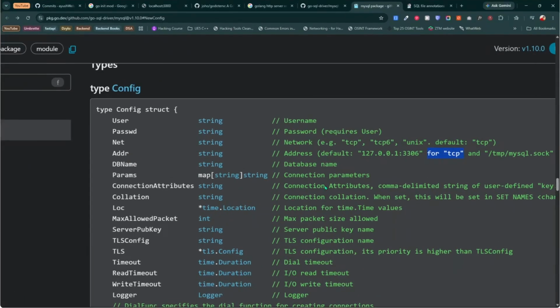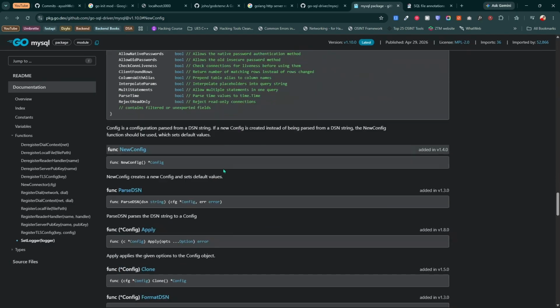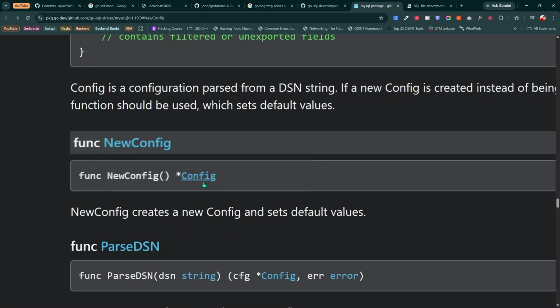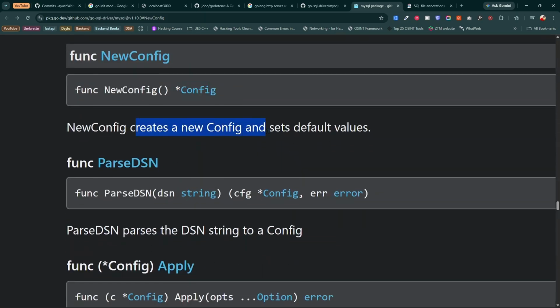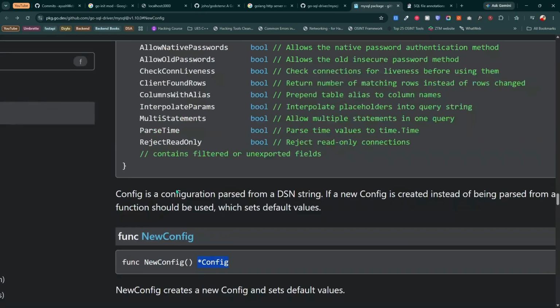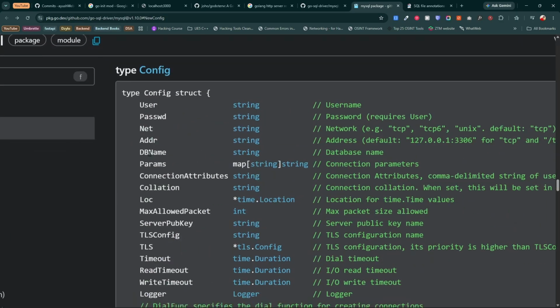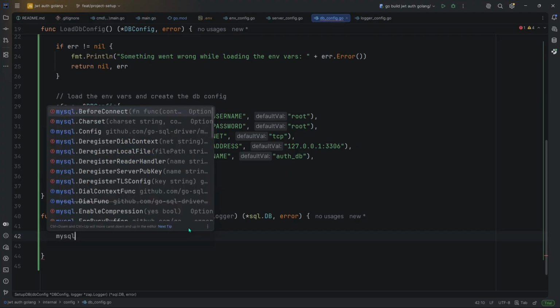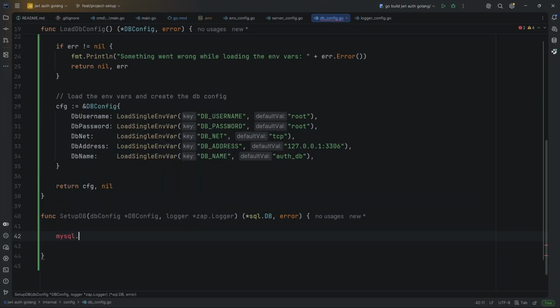Alright, now if you come to your MySQL config, then you'll be able to see that you have this new config function which will return a config. So it will create a new config and it will set the default values. So what we will do is we will use this function to create a new config, and then we will set all the properties of this config coming from our env. So let's do that. So at first what you will do is you will create a dummy config of MySQL. So for that you just do a mysql.NewConfig,